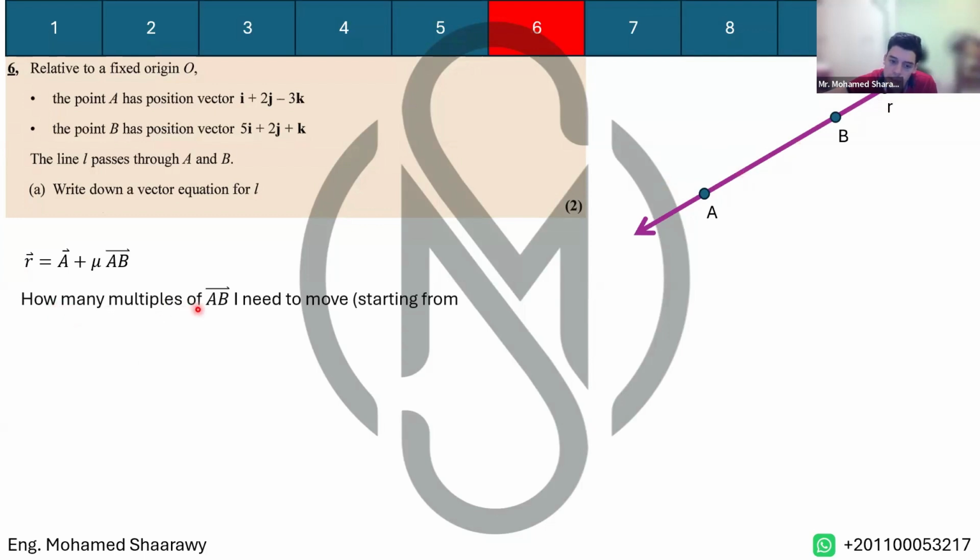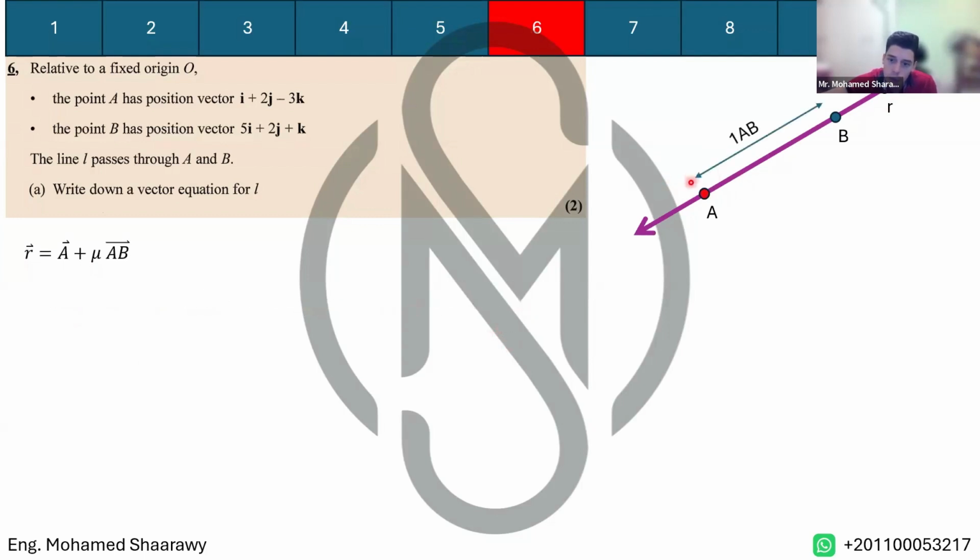So it's how many multiples of AB I need to move, starting from this point A, in order to reach R. For example, this is 1 AB if I start from A, and this little thing, let's say, is 0.4 AB. So actually, I can say that in order to get to R, starting from A, I must move 1.4 units of AB. This is actually the core meaning of the equation of the straight line. Okay, now